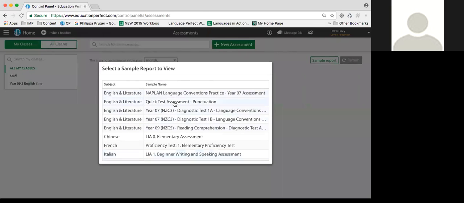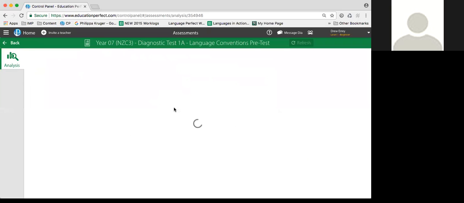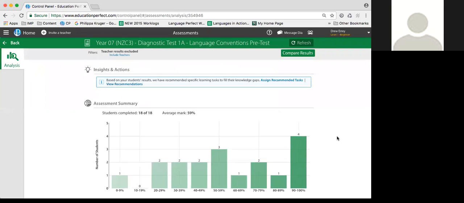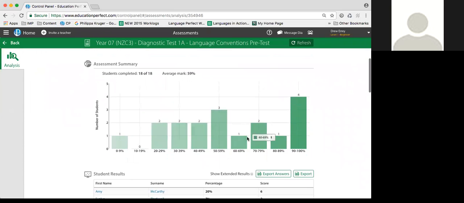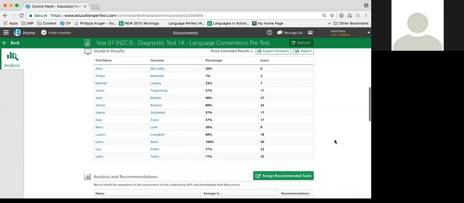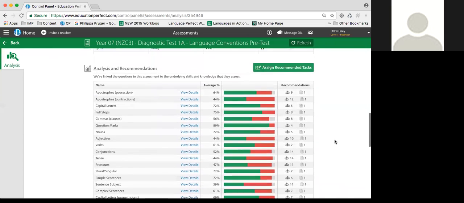So this is for an English test, a diagnostic test. Once they've completed the assessment, they get this breakdown of results with the graph. It shows you how many students got within each of the percentages. It has the students' names and then their percentage and score that they got. You can export that to a spreadsheet if you want to. And then it will show you the